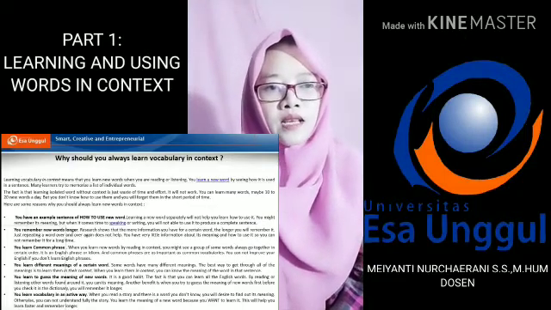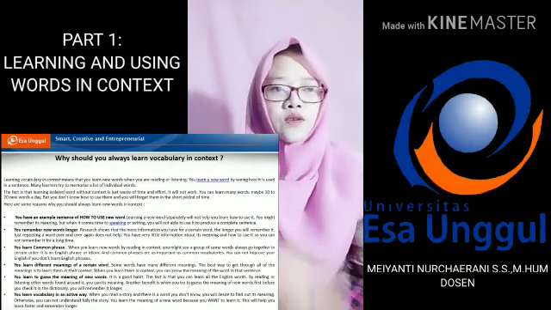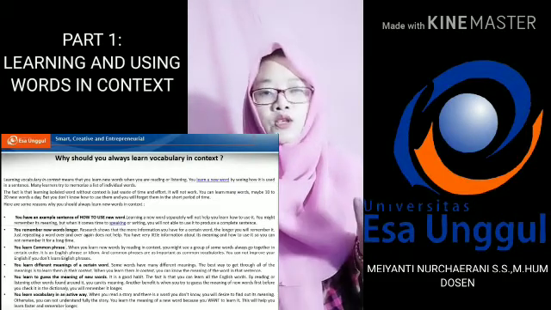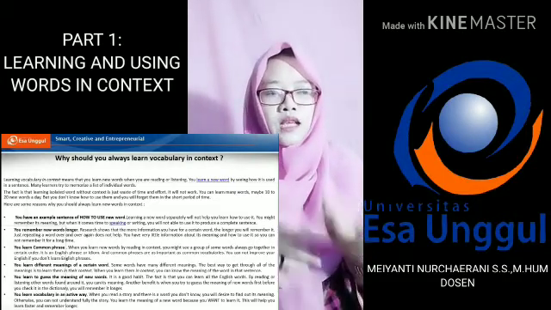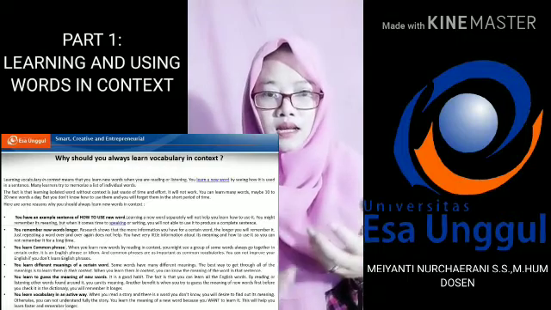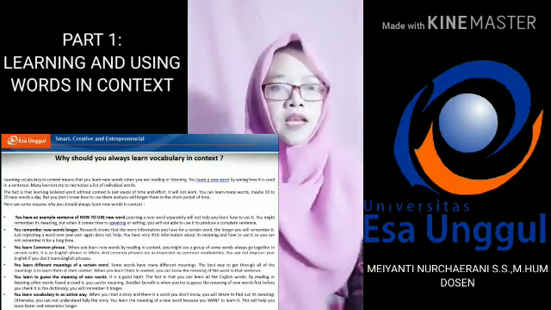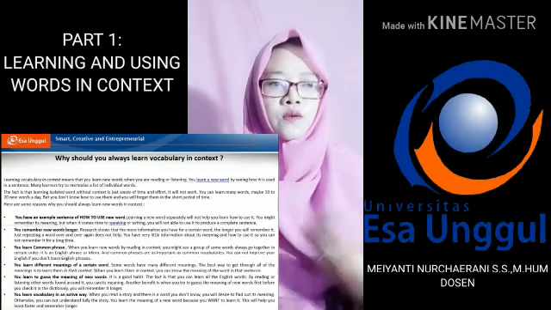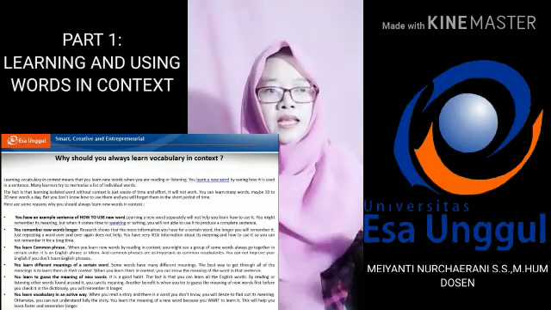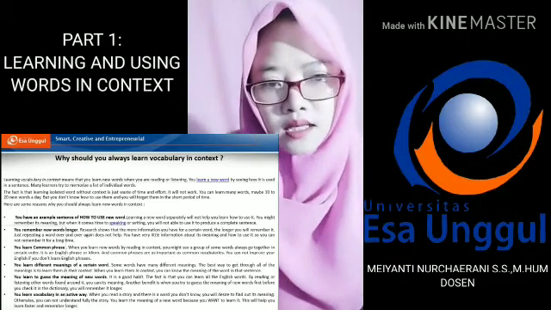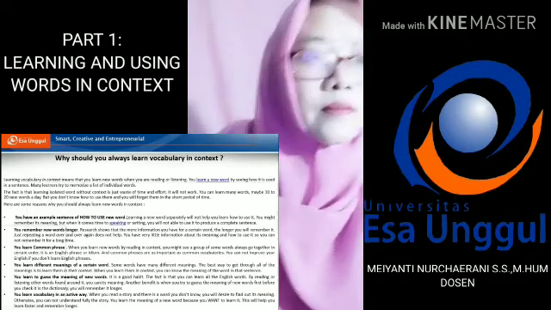And then you learn vocab in an active way. When you read a story and find a word you don't know, you will decide to find out its meaning. Otherwise, you cannot understand the full story. Okay, and then you learn the meaning of a new word because you want to learn it. This will help you learn faster and remember longer.